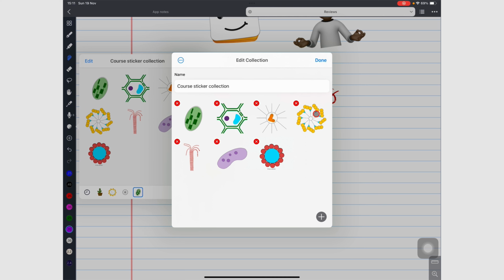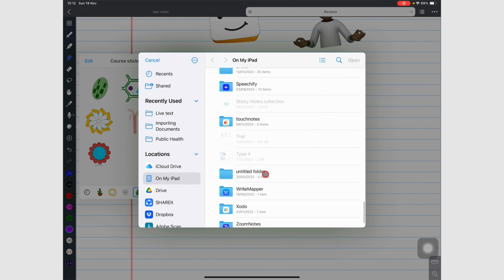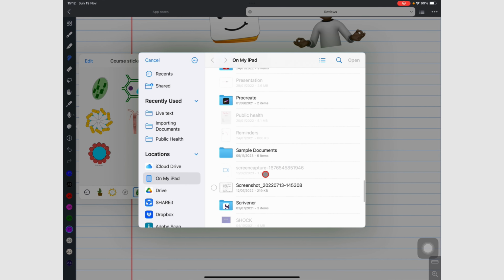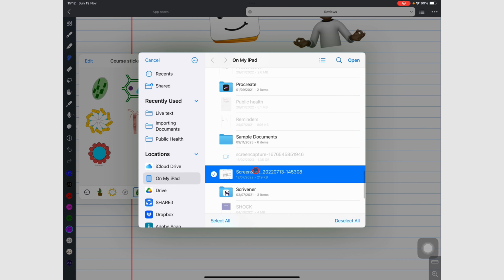You can also add them from the Files app by going to the plus icon. Once you've selected all the images you want, go to Open,